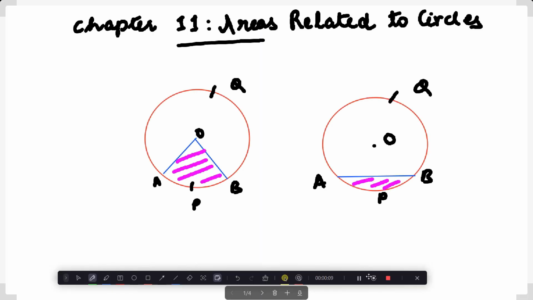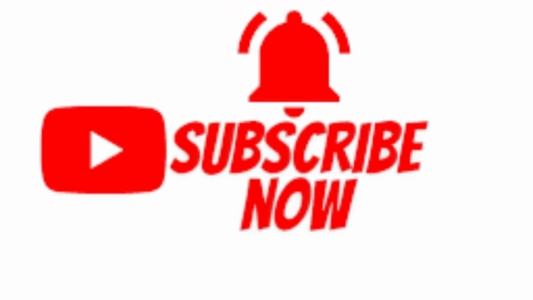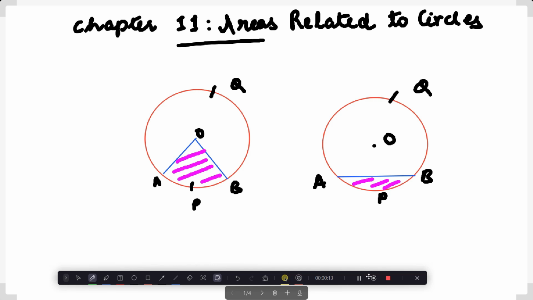So let's begin with chapter 11, areas related to circles. Here we have started in our previous class that the portion of a circle which is enclosed by two radii and an arc is known as a sector. So this is a sector, right? And the portion of a circular region enclosed by a chord and the corresponding arc is known as a segment,